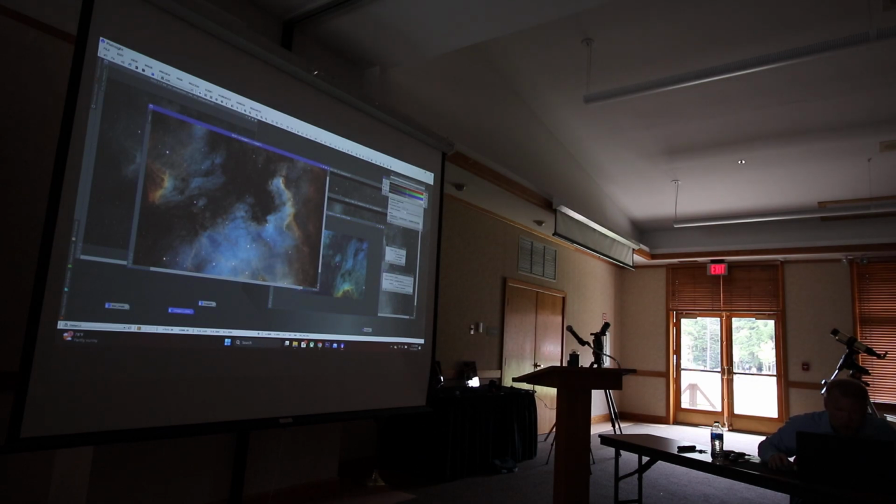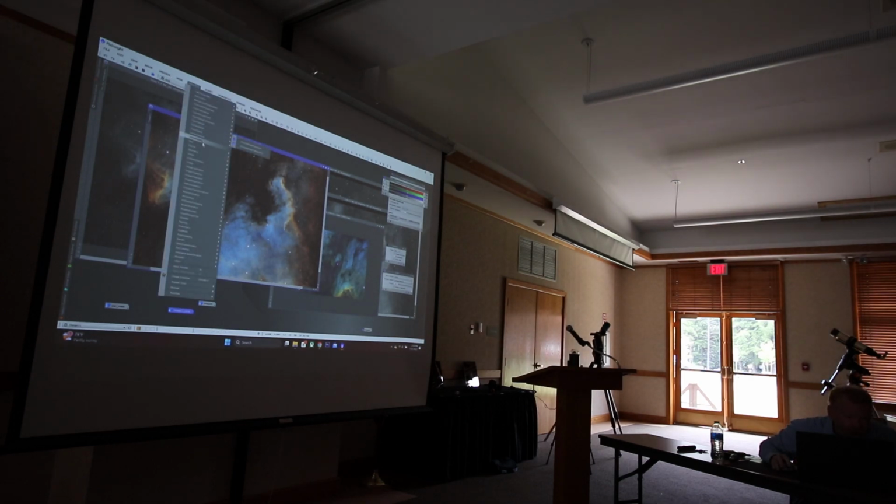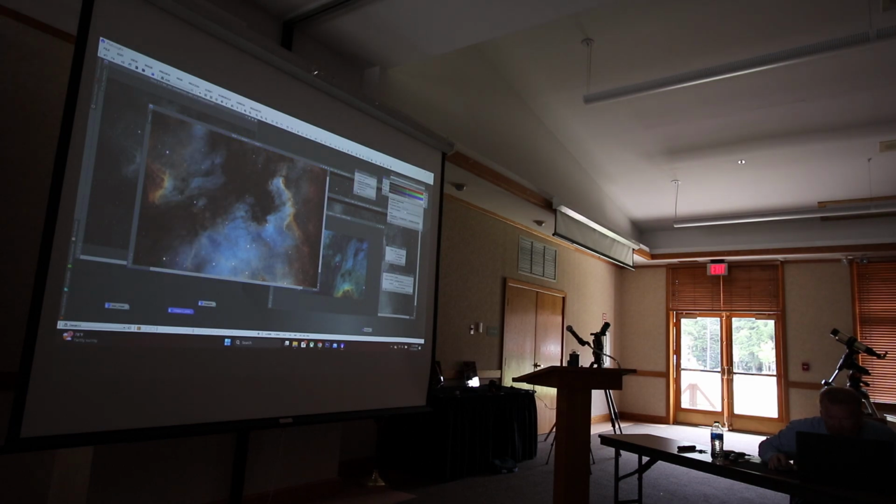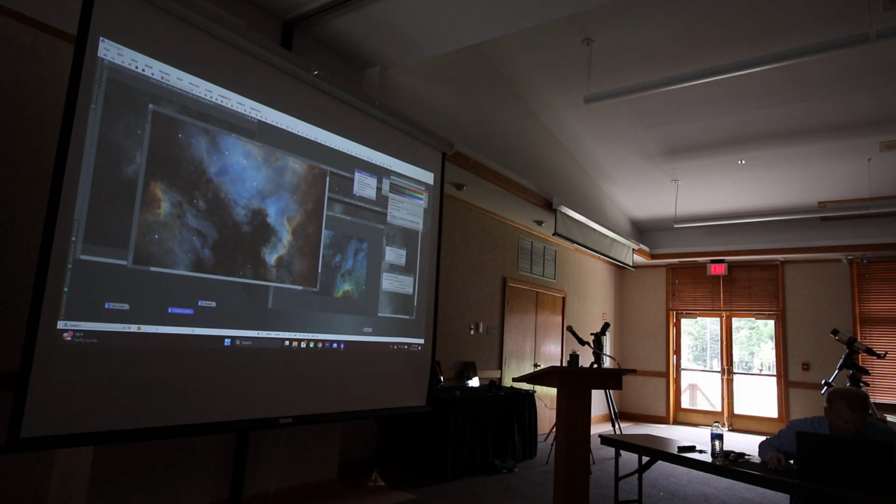One problem that we have is this one's mirrored, so we need to mirror our data first. We're going to process, and this is where I'm going to go to geometry, fast rotation, and I'm going to pick vertical mirror. And so now my data is mirrored to that,